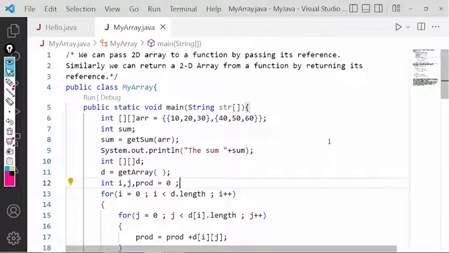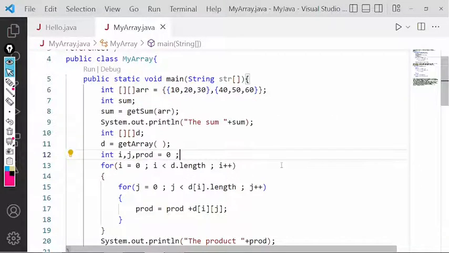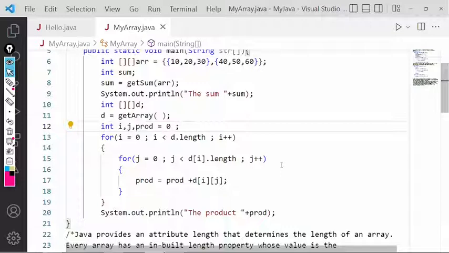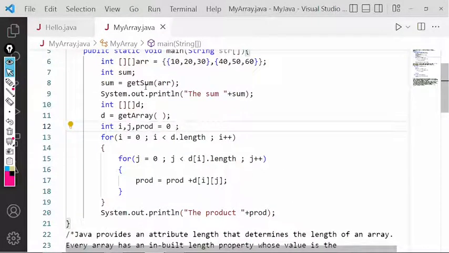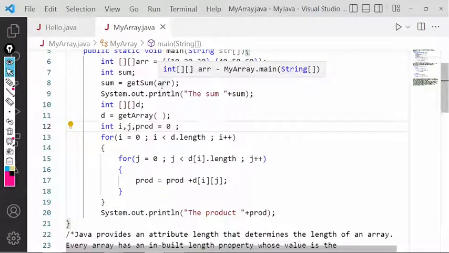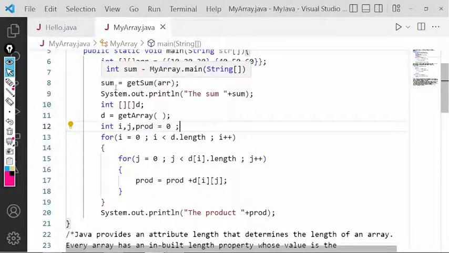Now whenever we make a function call, what happens? The linker links the function call with the function definition, and the control moves down to the definition of the function. After executing all the statements, when it encounters the closing brace, the control comes back to the same statement from where the function call was made. This we have learned from C and C++. So we are making a call to getSum, to which we are passing ARR, the name of the array, and this getSum function will return the integer value.